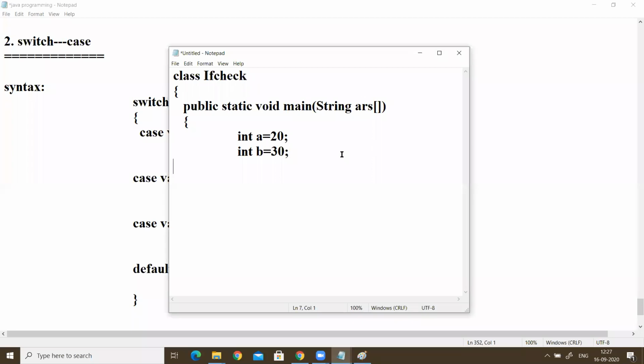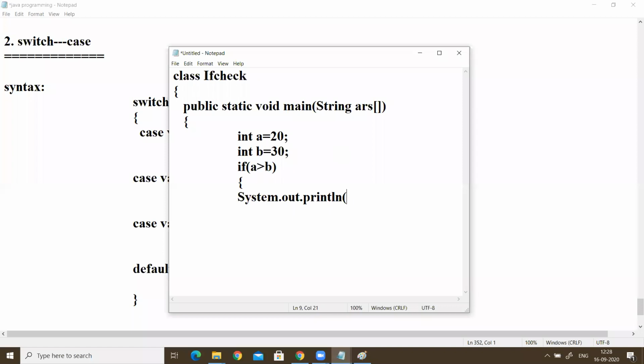Right now, here we write if a is greater than b. Then we write here System dot out dot println.